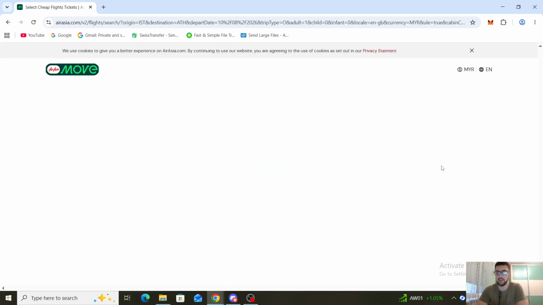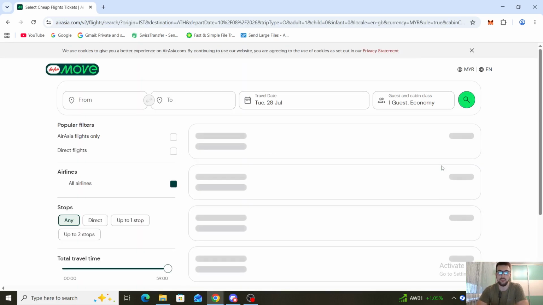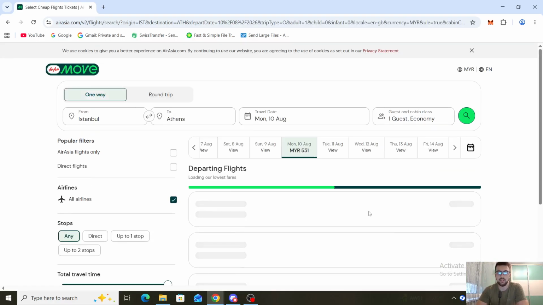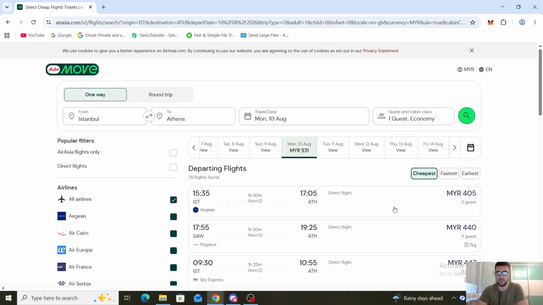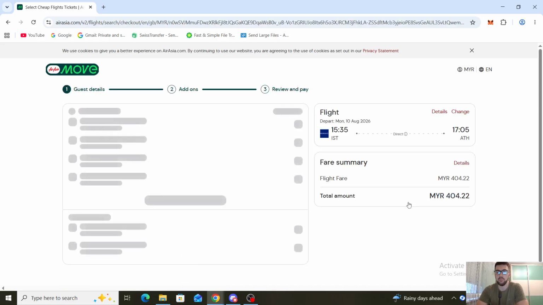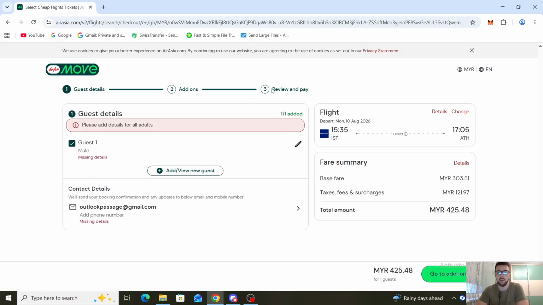So in this case, you can open some sort of flight on there, and you can see if it's available to you within a certain price range. So you click on that. From that point, you will be redirected to checkout. So once you go through guest details, you can click on add-ons, and with the third option, you can choose